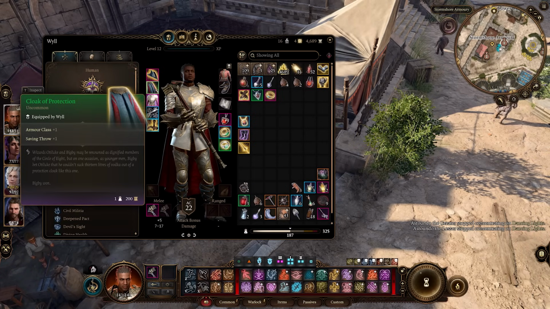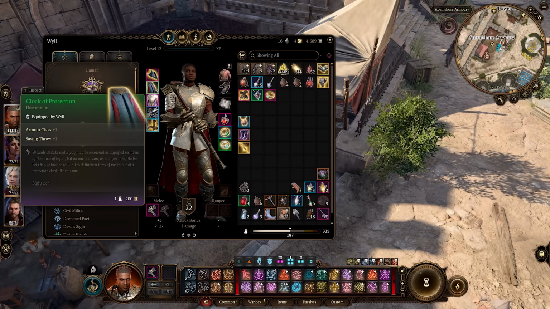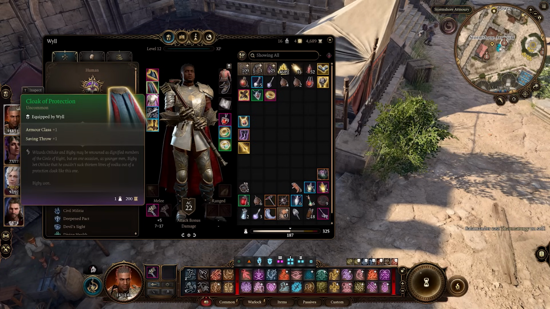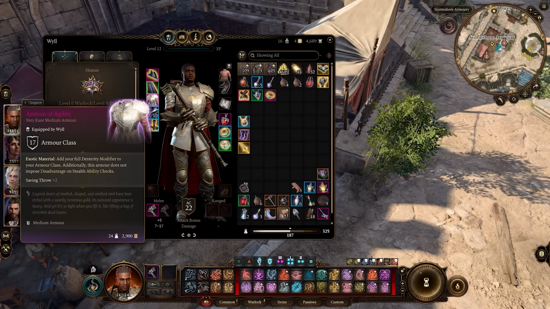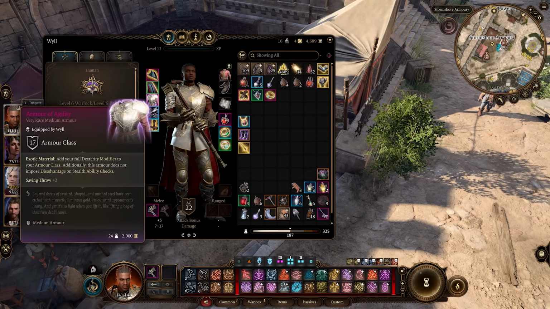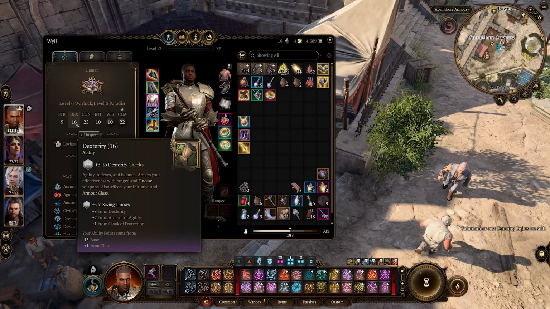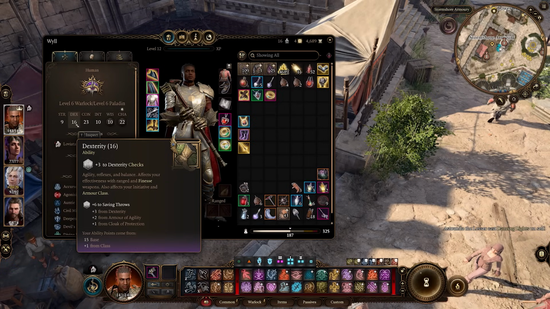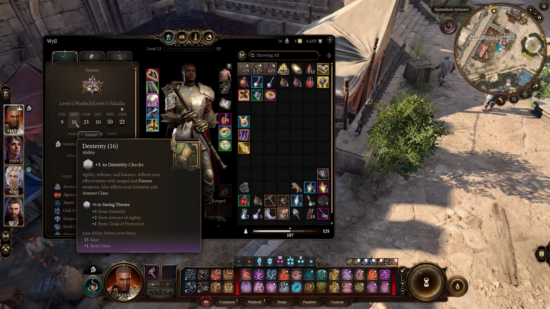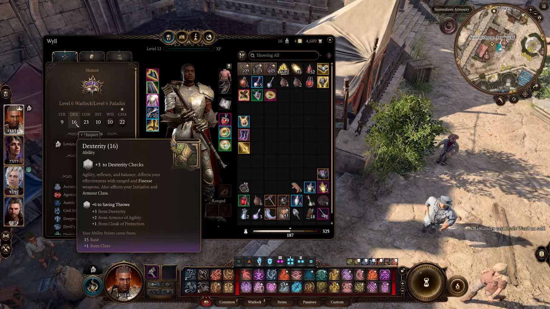You can pick that up from a vendor in Act 2 at the Last Light Inn. Again, before then, just use whatever you want, but most of the cloaks don't start becoming available until around then anyway. And then for our armor, up until Act 2, you want to get whatever you want. But in Act 2, at the Last Light Inn, we can buy the Yuan-Ti armor, which is essentially this armor that I'm showing you, the Armor of Agility, with a slightly worse AC, but it does the same thing, really,